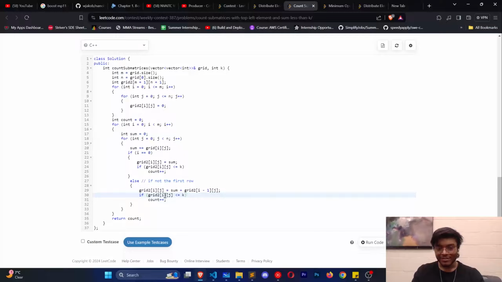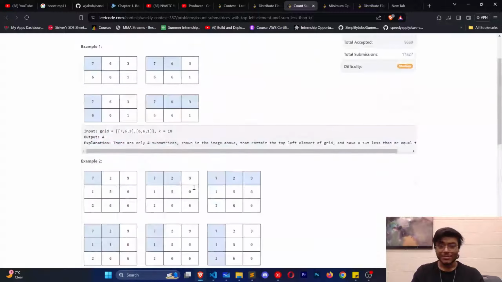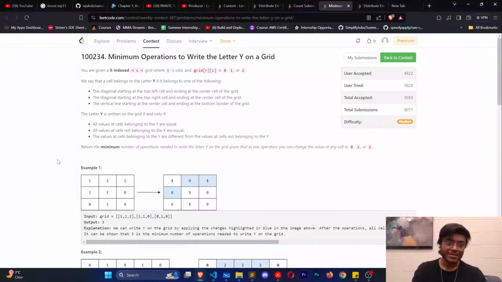So that's it. And if the value over here is less than or equal to k, we just increment our counter. So that was the solution for the second problem. Let's get on to the third. In this one,